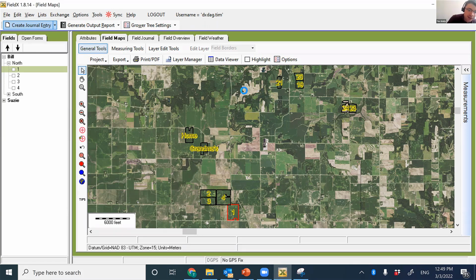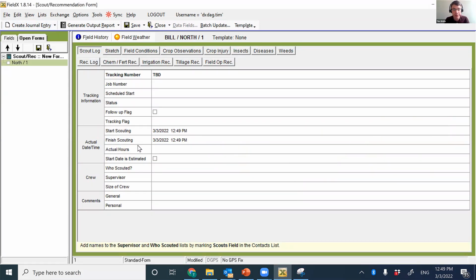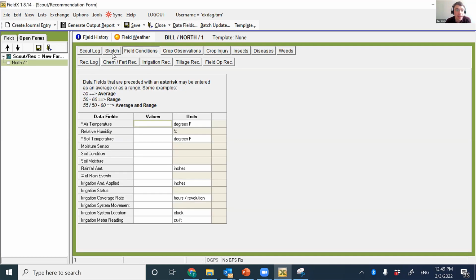So I went through a lot of just general, the idea of templates. So now let's talk about some specifics on how to do it for scouting and recommendation entries. Again, the idea here, starting with field conditions and going over, is to make this form as simple as you